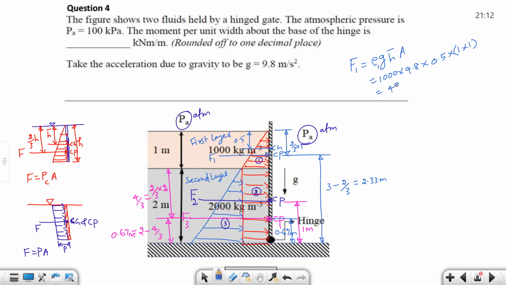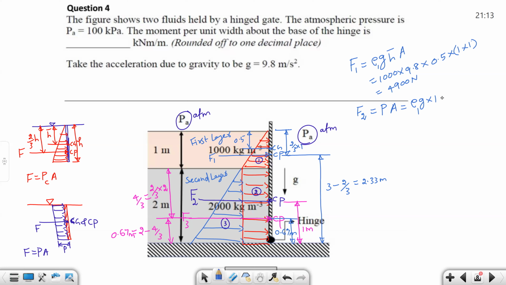(4,900 Newton). Now F2. F2 is a rectangular plate. So the pressure into area. The pressure will be rho g into the height, 1 meter, right? Rho 1, because this is density 1, into g into 1 meter height. The pressure acting at the 1 meter height will be uniform throughout the plate in the second layer,